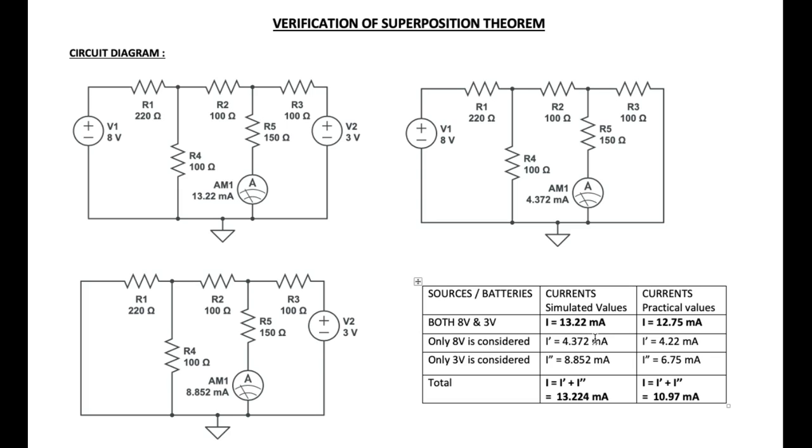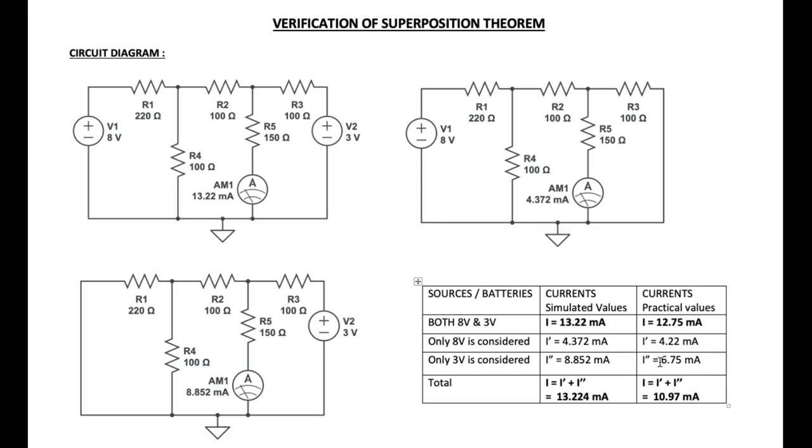We got around 4.372 in the simulated value, and practically we got 4.22 milliamps. And the other source, 3 volt, when considered by shorting the 8 volt battery, we got the current value 8.852 in the simulation, and practically we got 6.75 because of the longer duration we took for measuring the second